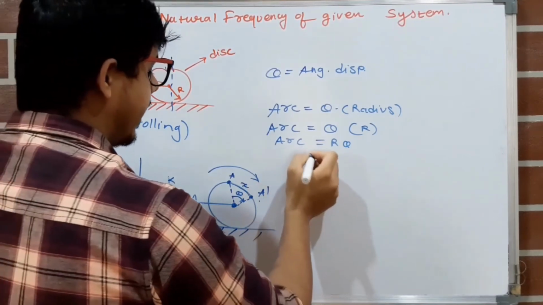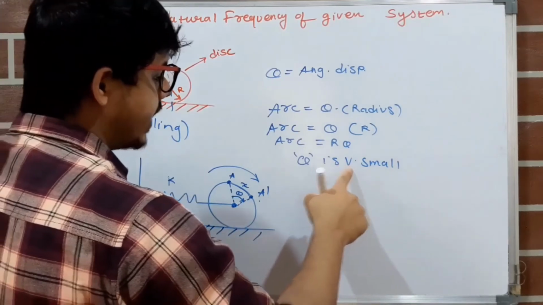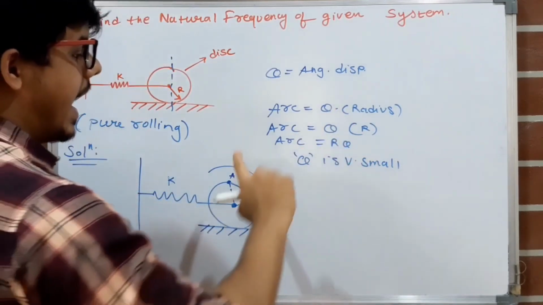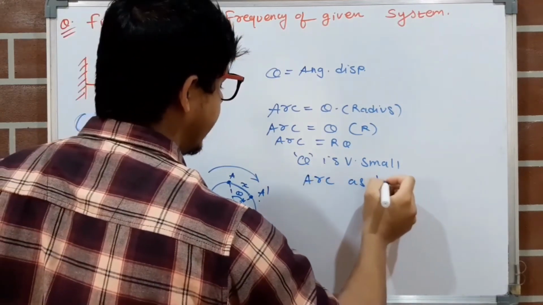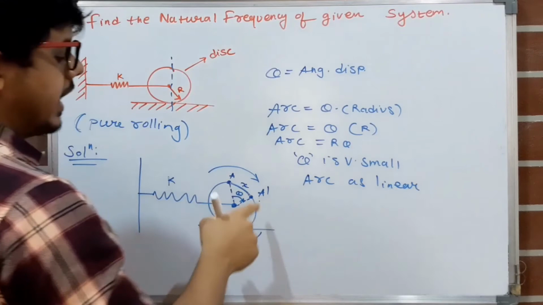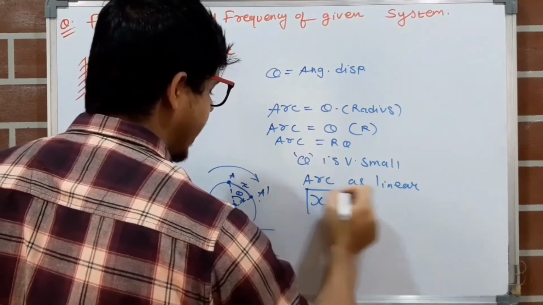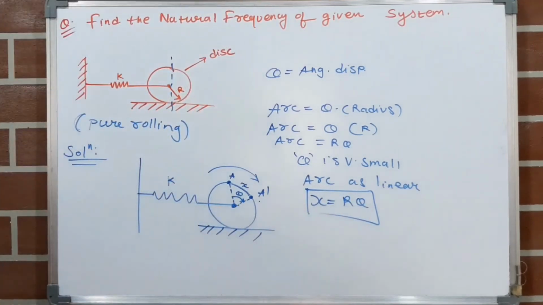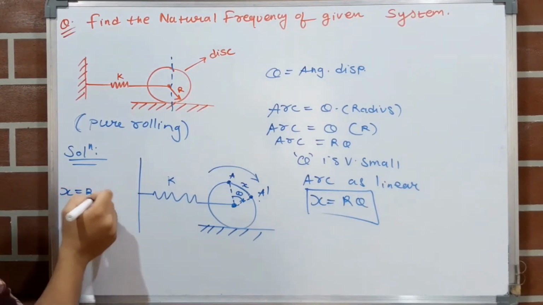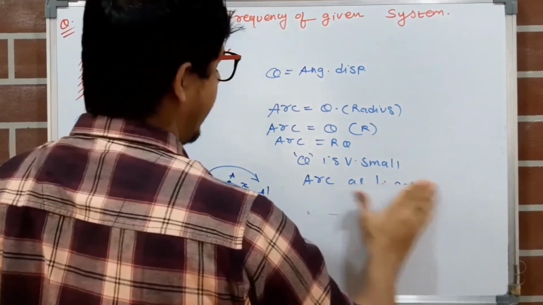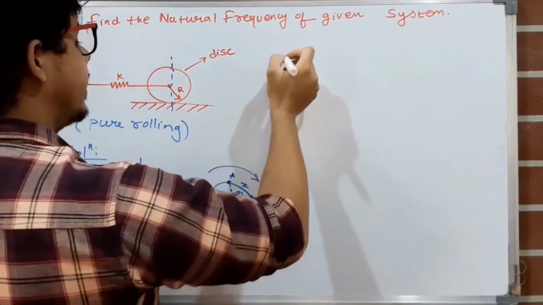Whenever theta is very small, we can consider the arc as linear. Our linear displacement will be x, so x equals r theta. So we are getting our first equation, that x equals r theta. Keep it aside. Now we will solve according to the energy method. So what will be the energy method? That is, according to